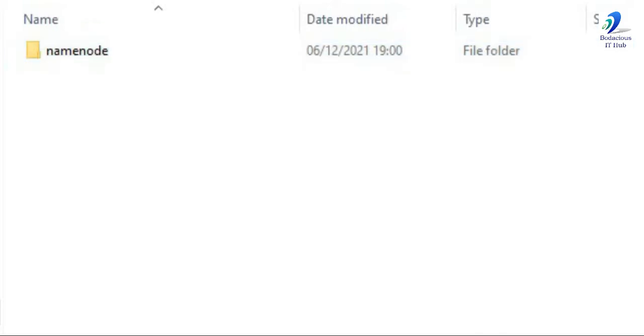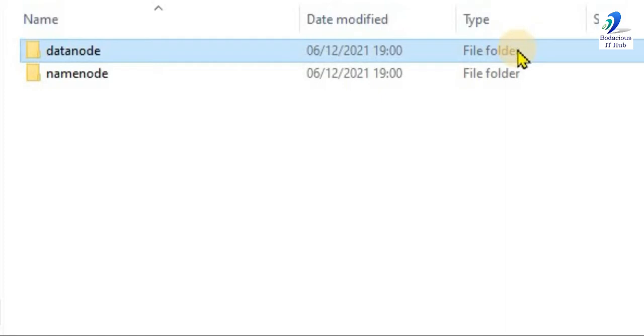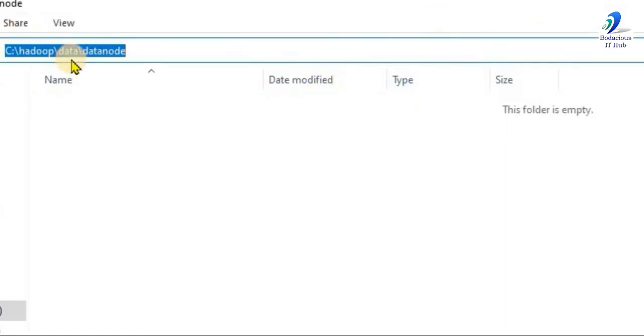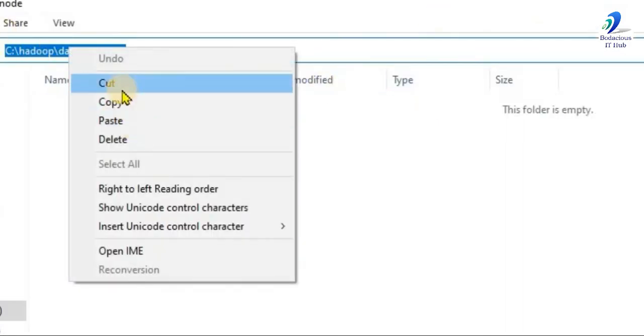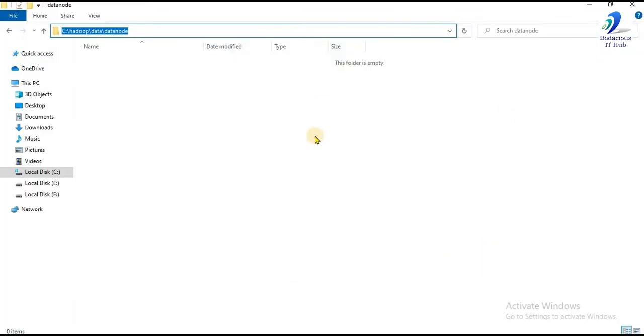Similarly, we'll make a new folder with the name datanode. So we'll just copy the address of this. It will be useful in editing the hdfs-site file.